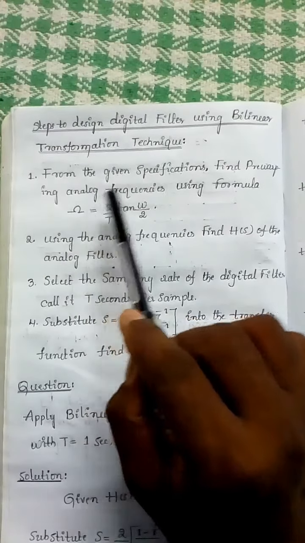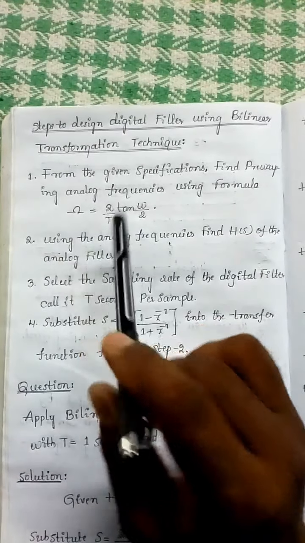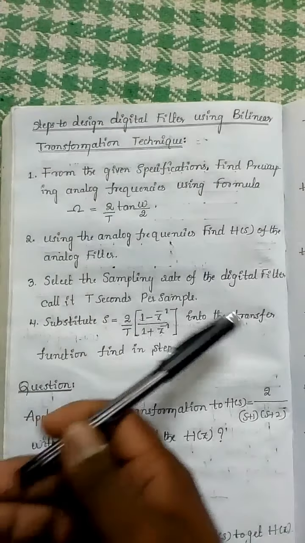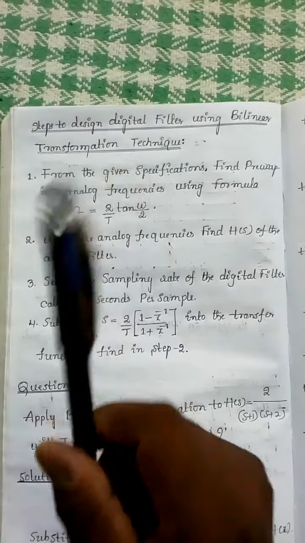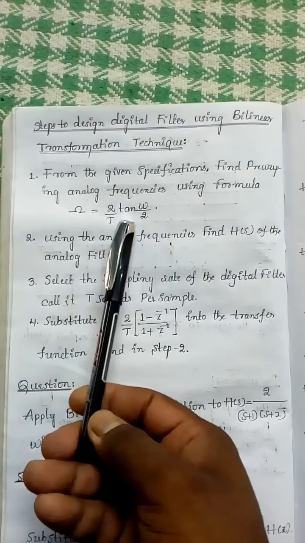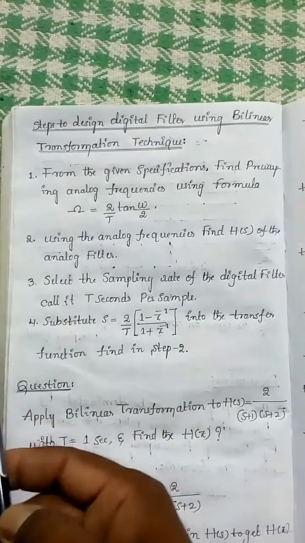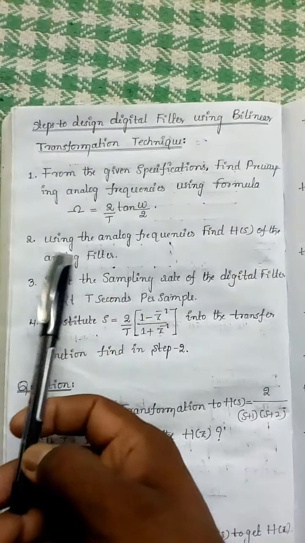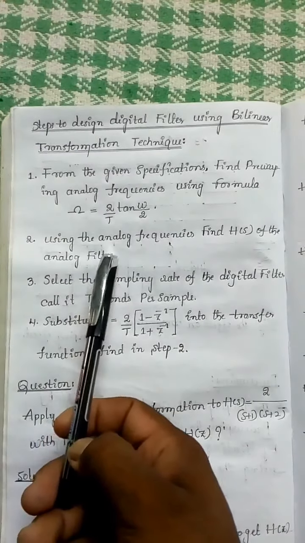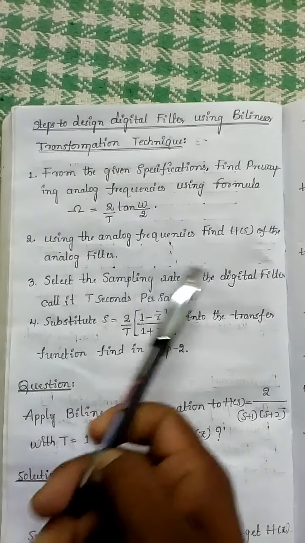Steps to design a digital filter using the bilinear transformation technique. In this technique, the first step is, from the given specifications find the pre-warped analog frequencies using the formula. Already for this formula I am saying 2 techniques, warping and pre-warping. The required Ohm is equal to 2 by T tan omega by 2. This equation is very important. Next, the second step for bilinear transformation is, using the analog frequencies find H of S of the analog filter. And I go for the third step, select the sampling rate of the digital filter, and that should be called for a